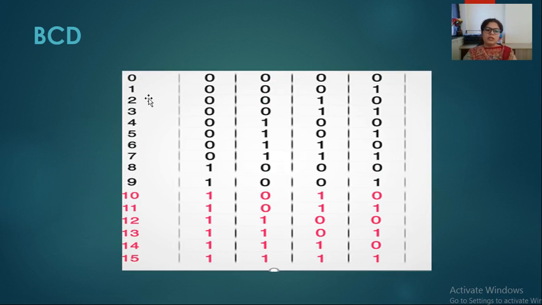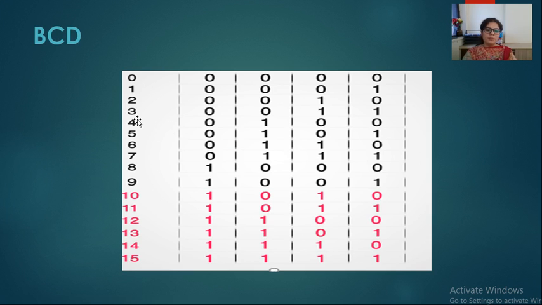For example, the decimal number is 0. If we want to represent it in BCD code, we can directly represent it with 0, 0, 0, 0. We always have to represent it with a combination of 4 bits. If we want to represent decimal number 1 in BCD, there is one more question: why are we representing decimal numbers in binary BCD codes? Because computer can directly understand these codes. Computer cannot understand these decimal numbers. So this is the simplest way to directly convert the decimal number system into binary number system.